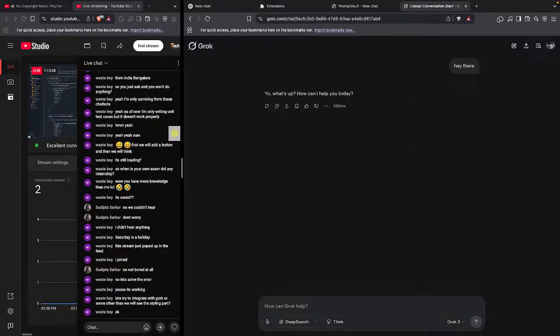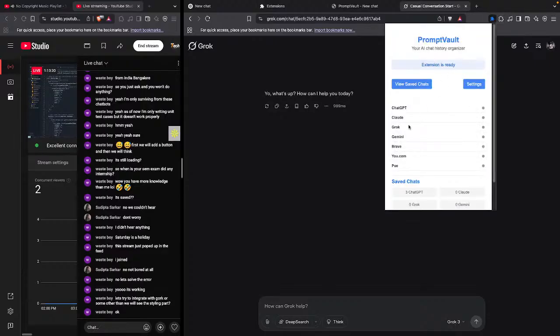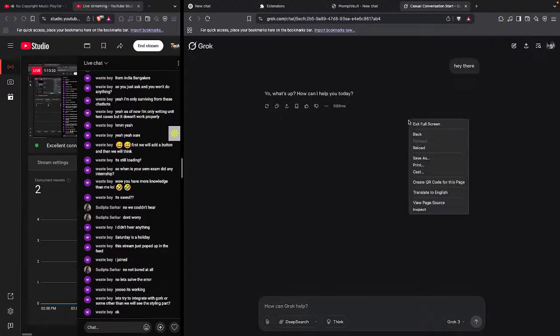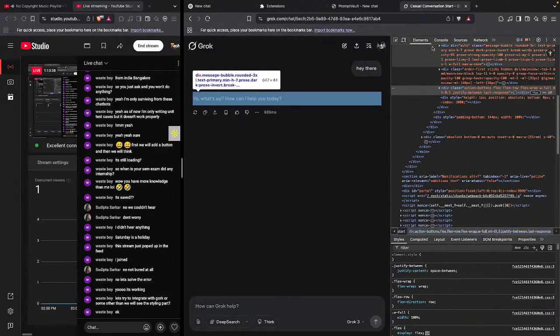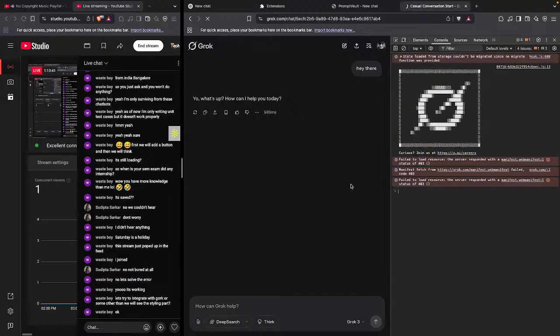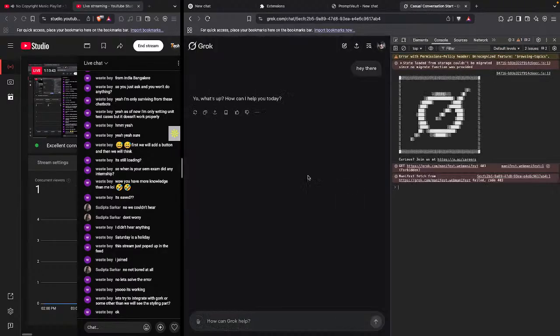We should inspect it. Also open the console, reload this. Okay, as you can see, we don't have anything here. So the link of the Grok is